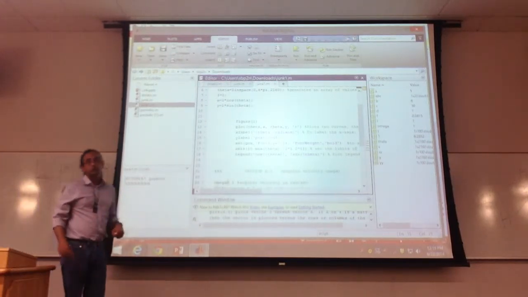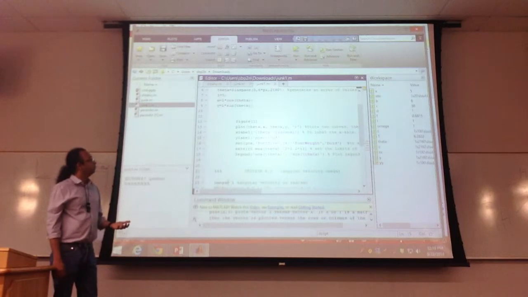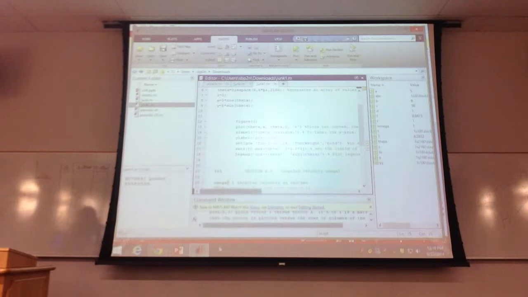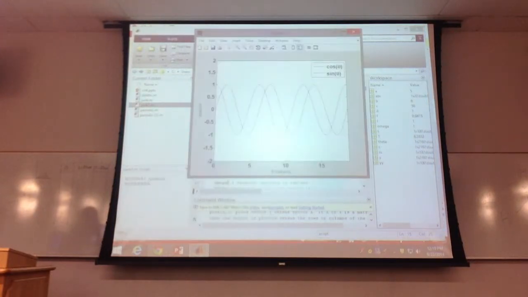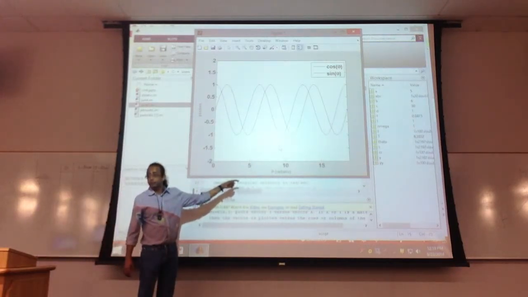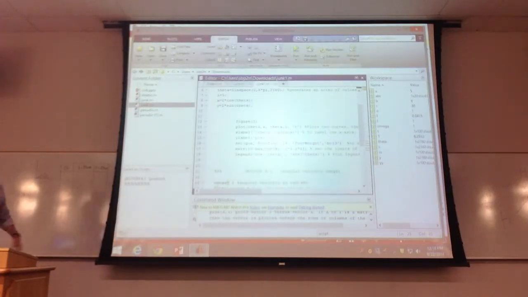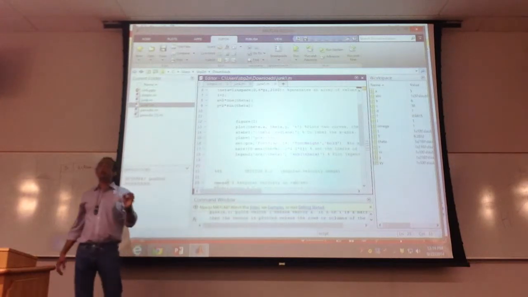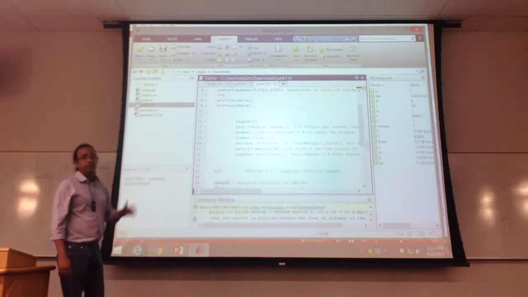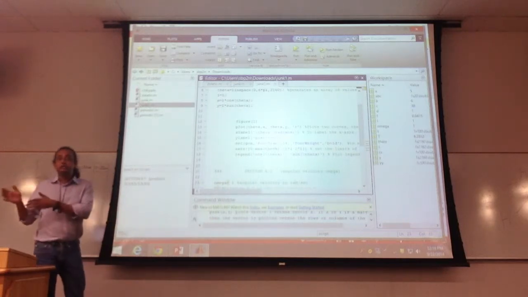All right? And then you have to label the graph when you have a graph. So the command to do that is x label. And you can tell what the x label is. So if you look at this plot here, what do we have for an x label? We have theta in radians, right? So we have to enter that as the x label. And how do you do that? Well, you simply type whatever you want, but anytime you want to use a Greek alphabet, you would put a backslash. If you put backslash and theta, instead of writing it out as a English theta, it's going to convert